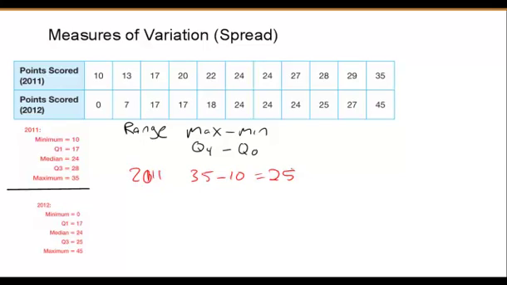And all that does is tell us we have a range of 25 points scored for the 2011 season. For 2012, our range is going to be 45 minus 0, which says that we have a range of 45. Easy enough. The other, a little bit more powerful measure of variation is called something called the